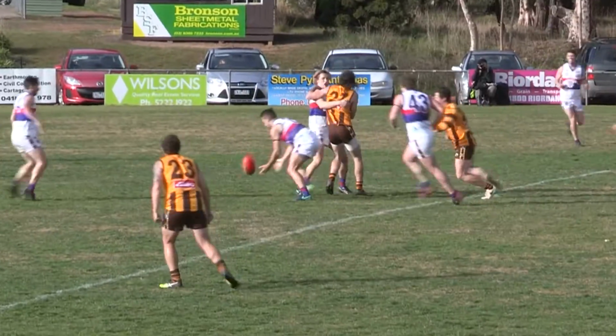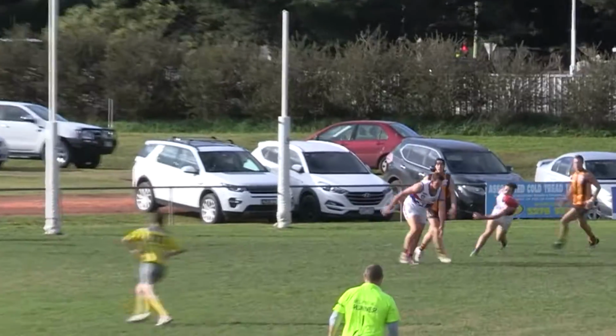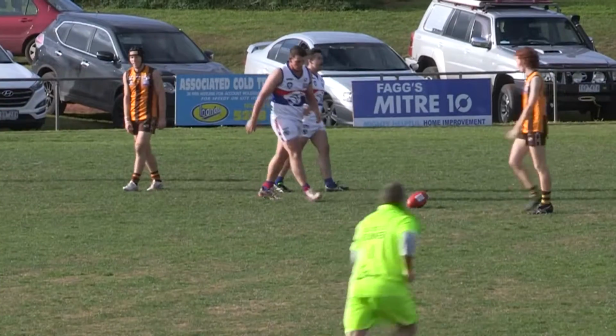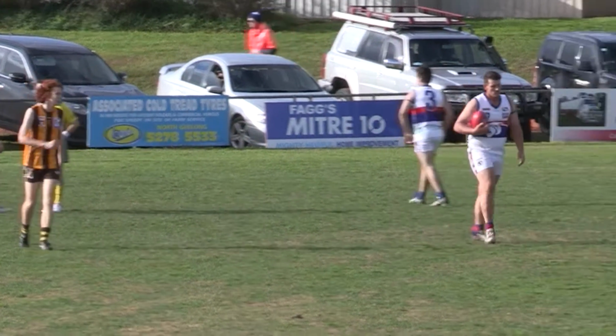Picked up by Walsh. Good interception. Lost the ball, though. Picked up by Gavin. Quickly to full forward. Big job here. Tari's got front. He's got a free kick. He's been held, holding on, says the umpire. And Justin Tari will go back and have an opportunity to kick his first goal and the second goal for